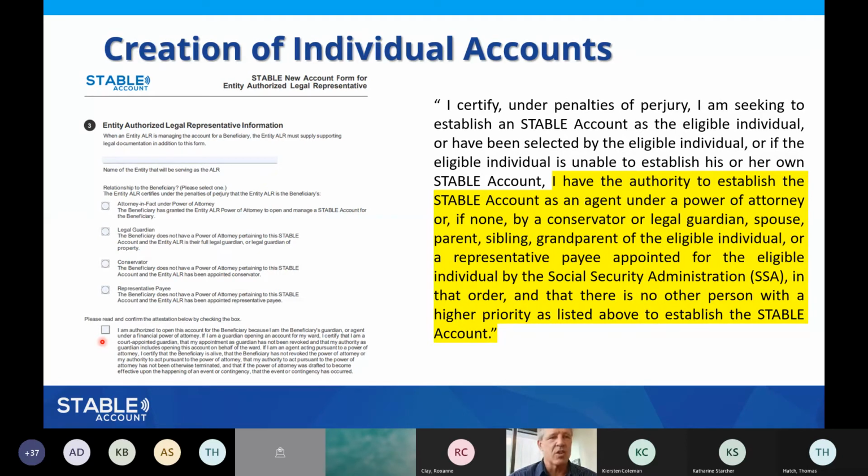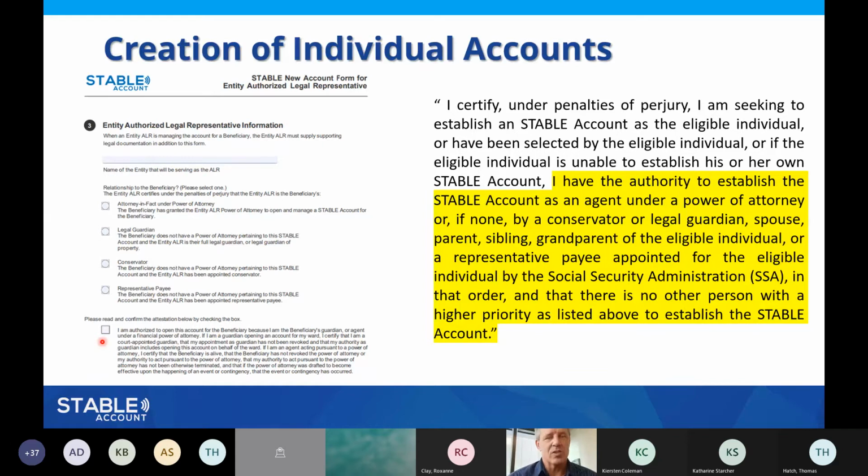If you're the guardian, make sure you have the guardianship paperwork on file, even though you don't need to send it to us, but just making sure that you have all of that. One thing that this attestation box does not yet include relates to the new IRS regulations that Roxanne had mentioned. So here's what I want to tell you about that.